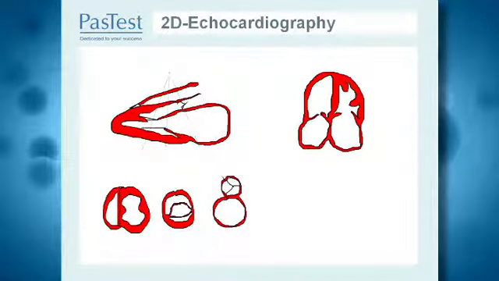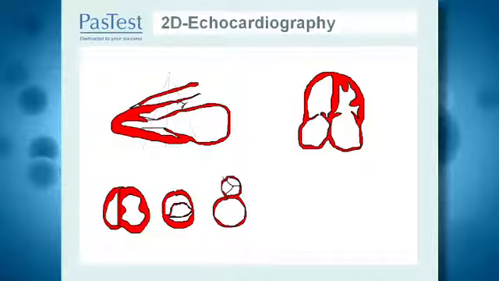Echocardiography is by far the best way of diagnosing a left atrial myxoma, but before we jump in and look at an abnormal echo from someone with a left atrial myxoma, let's look at what a normal echo is. There are certain views we take in echo which are standard. As you see on the screen here, on the left side of your screen and the upper portion of your screen, this is a parasternal long axis view. This is done by positioning the probe just adjacent to the sternum and by angling the probe very slightly to give us the views you see on the bottom left-hand side of the screen.